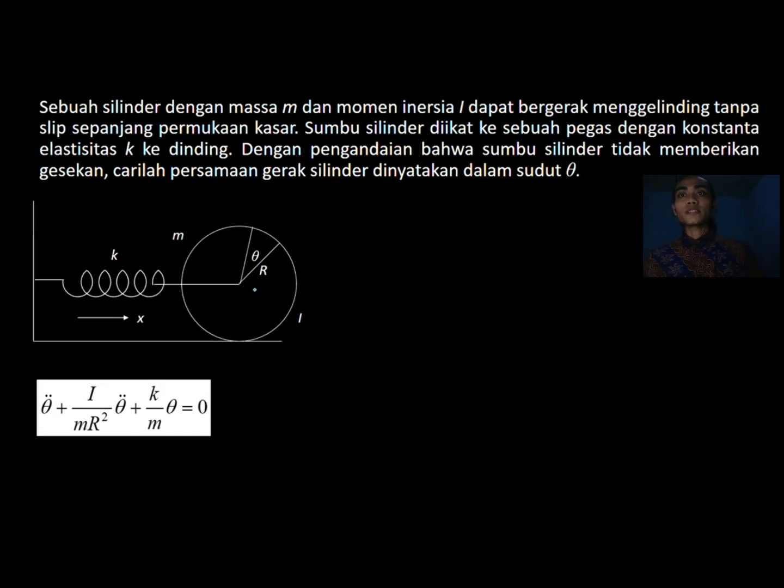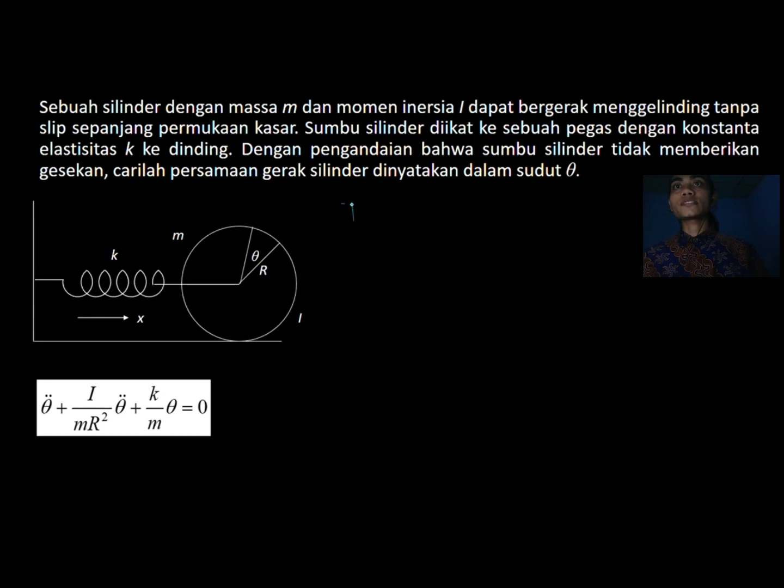This cylinder has two movements. The first one is the rotation movement, and the second one is the translation in the positive X direction. So we have the kinetic energy of translation and the kinetic energy of rotation of the cylinder. So we have the equations. The kinetic energy is T equals